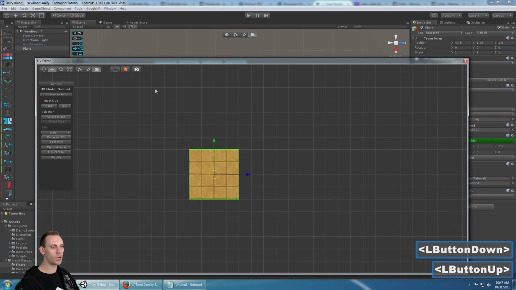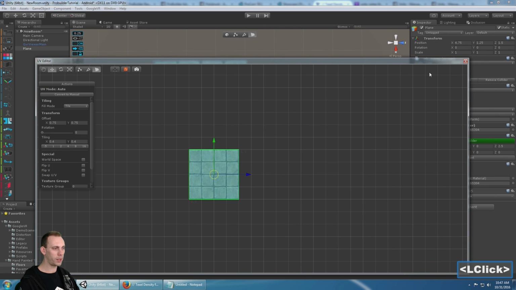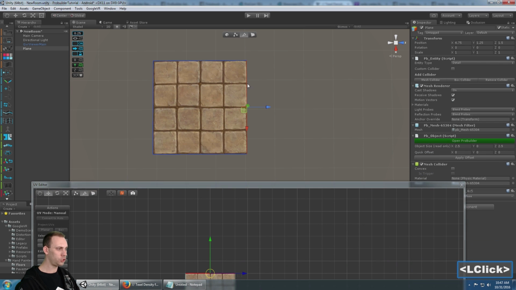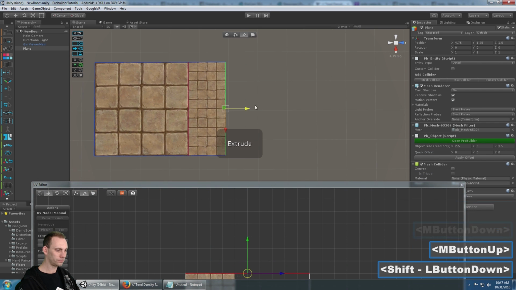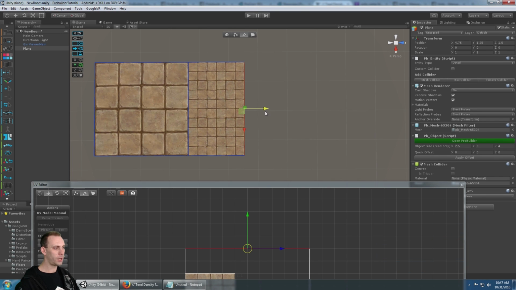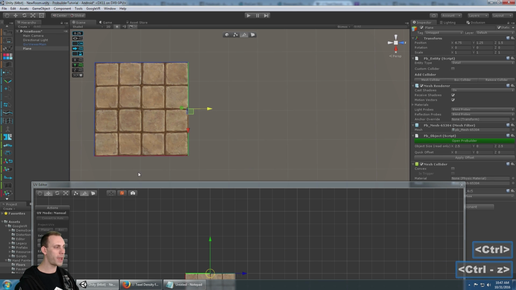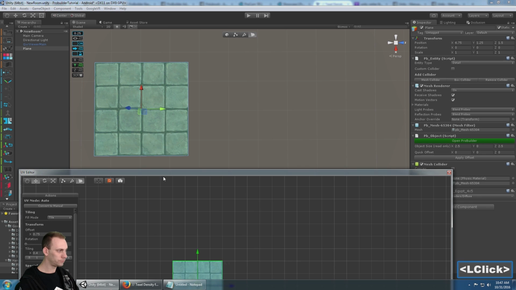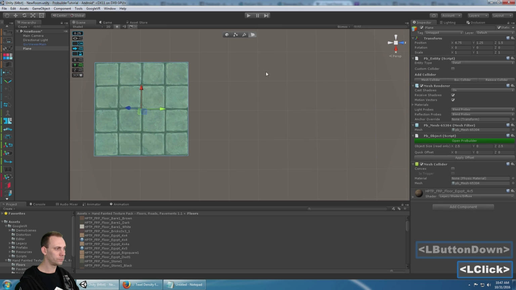Now I'm going to convert to auto, and here's why. Let me go back to manual. If I were to extrude an edge, you'll see that it doesn't keep the correct texture scale because it's on manual UV editing. So if I convert back to auto, and I were to extrude an edge,